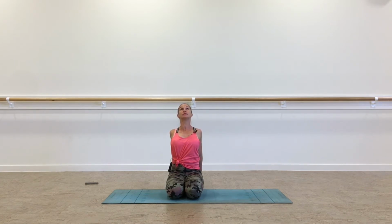Interlace, release the hands behind the back. Puff the chest, opening through the front of the pec muscles. Draw the belly in. Keep the spine aligned. If you wish to take your gaze towards the ceiling, you can. If you choose to keep your gaze at the horizon, you do you. For 5, 4, 3, 2, and 1. Gaze back to the